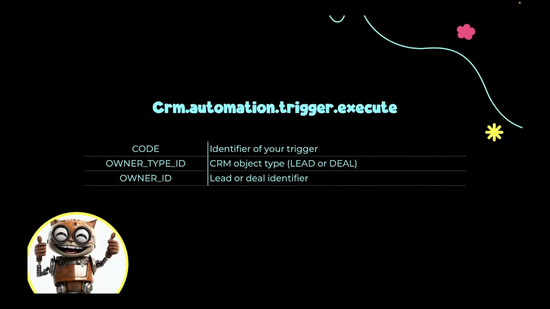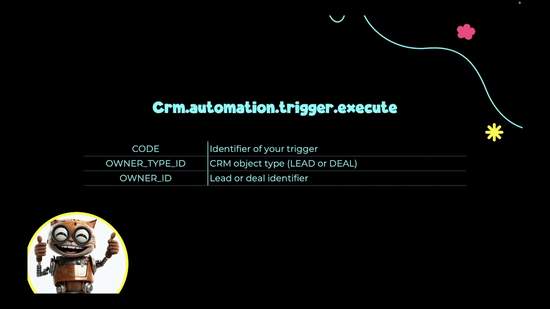The second method we require is CRM Automation Trigger execute with the following parameters: code, trigger identifier, owner type ID, CRM object type lead or deal, and owner ID, lead or deal identifier. This method is essential for the application to inform Bitrix24 that a specific trigger has been activated for the designated deal or lead. In other words, it notifies Bitrix24 that a specific event has occurred for this particular deal or